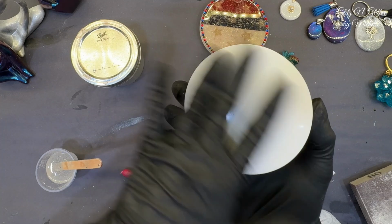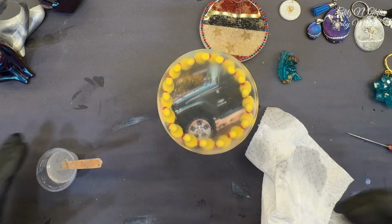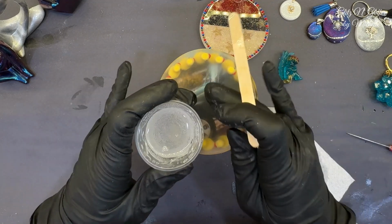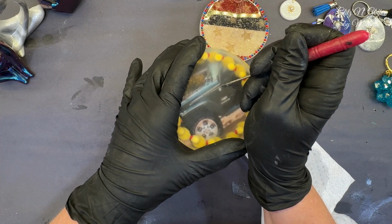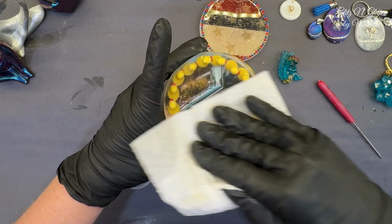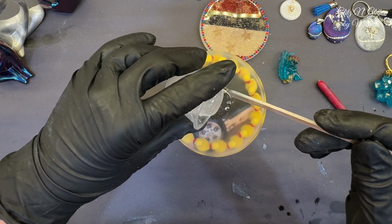If you don't trust yourself, you should tape the back, in case it drips. But I'm using tabletop resin to coat everything because it sets up really fast. And I got half an ounce here, and let me just get that piece of glitter off. We don't want glitter for Bob. And then all we're going to do is coat it and let it cure, and it'll bring the shine right back. And I will torch this one